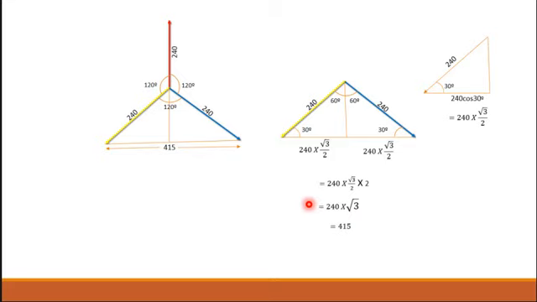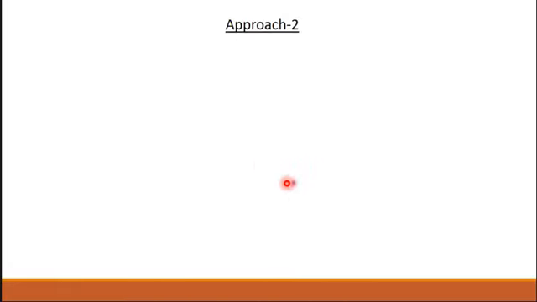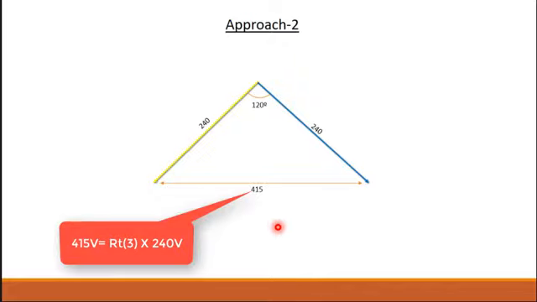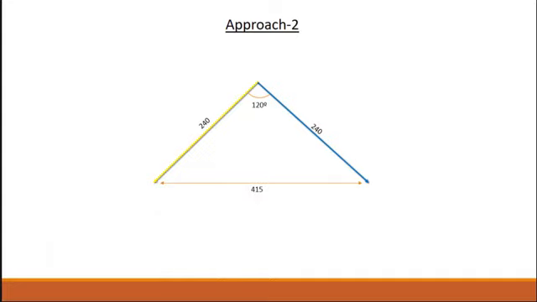There is another alternative which is a very easy approach. Let's see that. What you have to do is that you have to draw a line of 240 mm, make an angle of 120 degree and draw a second line of 240 mm. Now join these two lines and measure with the help of scale. You will find it approximately 415 mm. So from here also we can prove that the line voltage is 415 volt for a phase voltage of 240 volt. So I hope you understood both the approach.